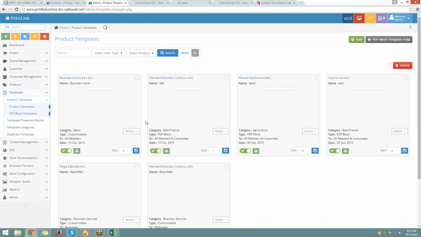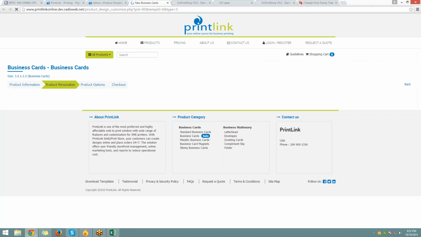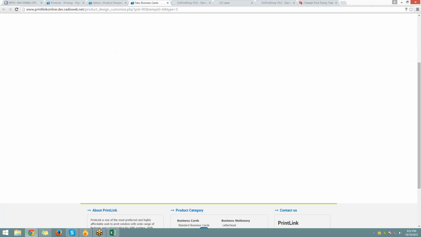Then after, action button, you can edit the field order. Let's say this field order is displaying in some field, then you can change it. You can preview the same from here. Like if you have created this particular template and now you want to see the preview in the Designer Studio, they can directly click over here and you can see the preview in the Designer Studio from there,